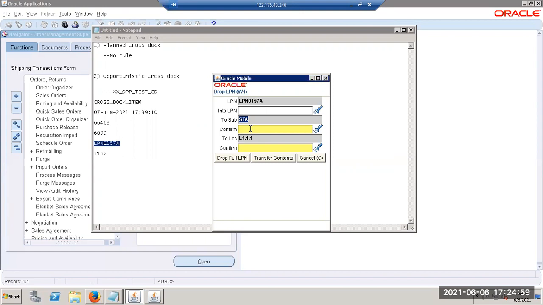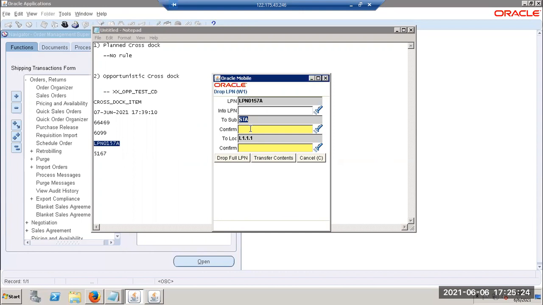You have performed the receiving, and when you want to perform the put away, the system is suggesting that in place of moving this to the regular sub inventory, which in case of put away it would suggest your W1 sub 1, correct?